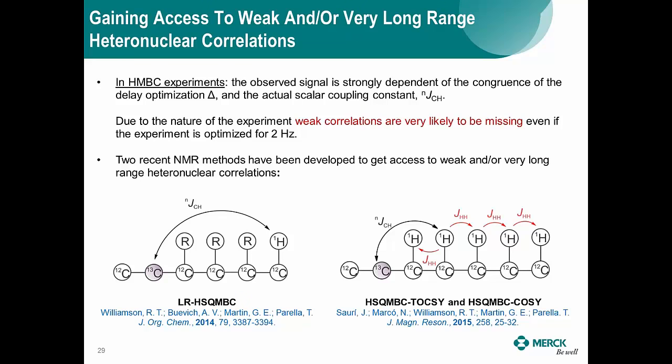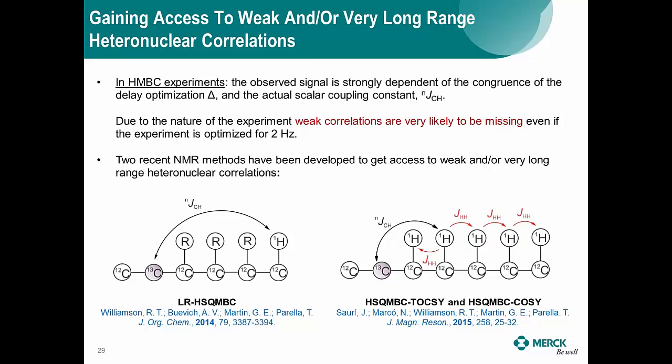2 experiments that allow us to gain access to weak and/or very long-range heteronuclear correlations. Now, the problem in HMBC is that the intensity of the signal depends on the delay optimization that we are using and the actual scalar coupling constant. Due to the nature of the HMBC experiment, which implies detection of antiphase magnetization, and also multiple quantum coherences evolving during the pulse sequence,